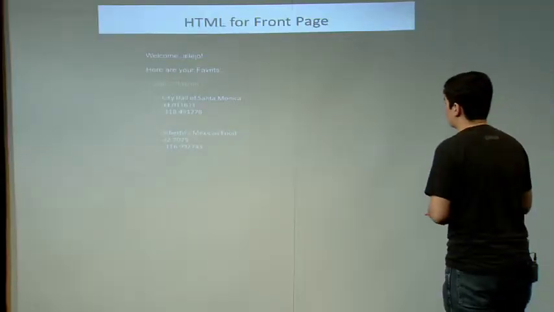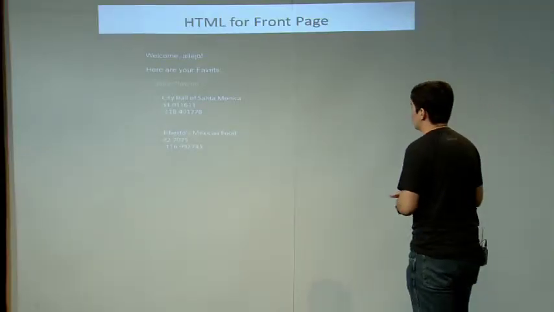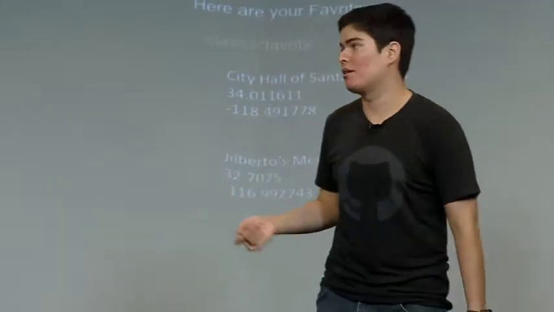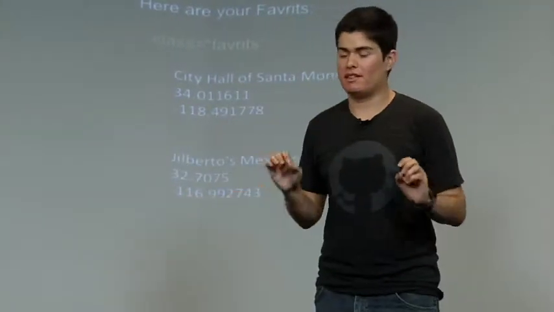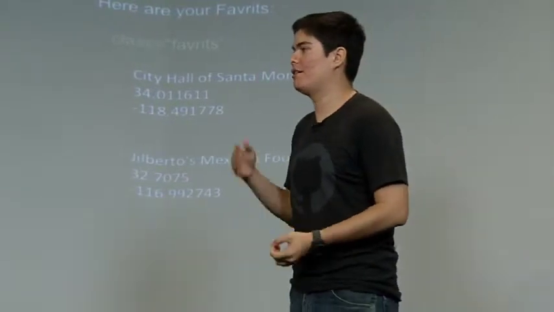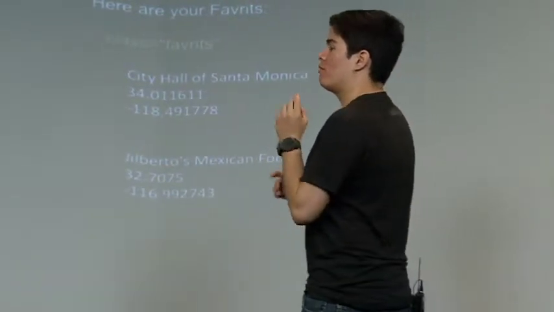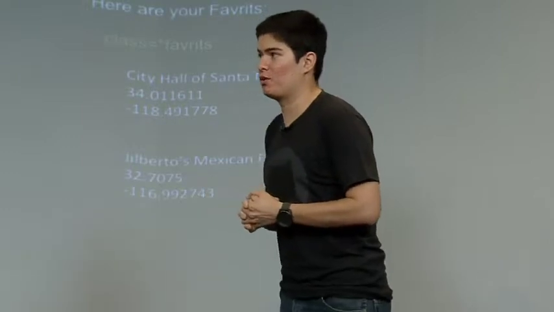So for this example, we have City of Santa Monica being the first column, then the latitude, and then the longitude coordinates being on the next 2 columns. And then afterwards, that's it for that row. And for the next row, we're going to have Gilberto's Mexican food, and then afterwards, once again, the coordinates for it. And now I'm going to show you what we can do once we have a class for the actual table